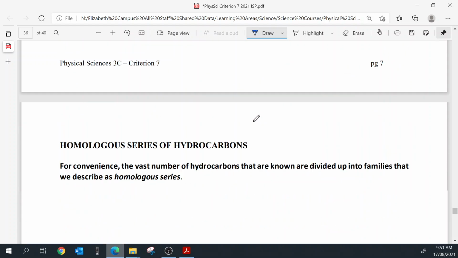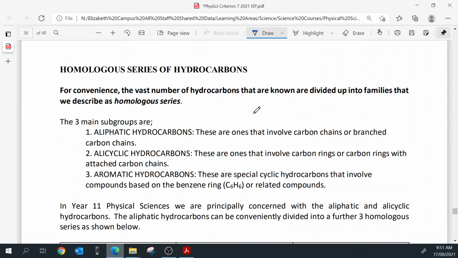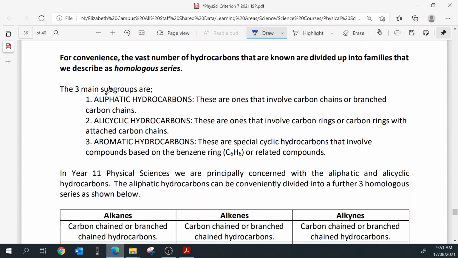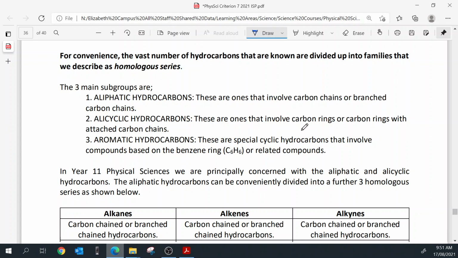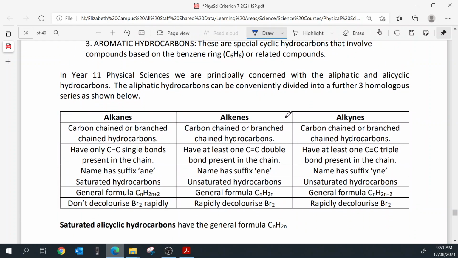We'll just quickly go over homologous series of hydrocarbons. Homologous just means that they have similar properties. I don't really want to go too far into aliphatic, alicyclic, or aromatic hydrocarbons. You can have a little read about what they are. You will not need to really know these for the exams. But there is a nice little table here that's telling you about the different properties of